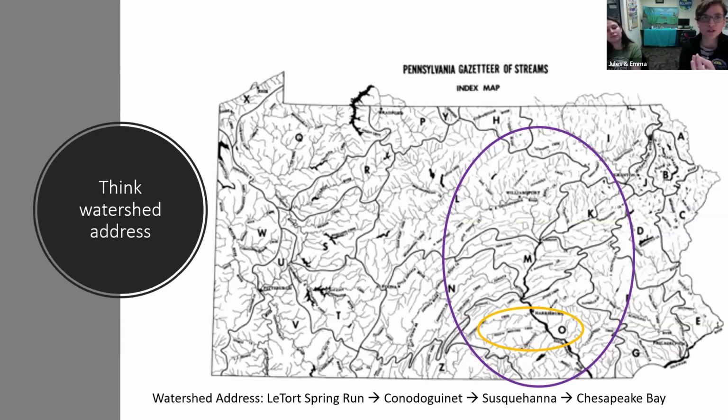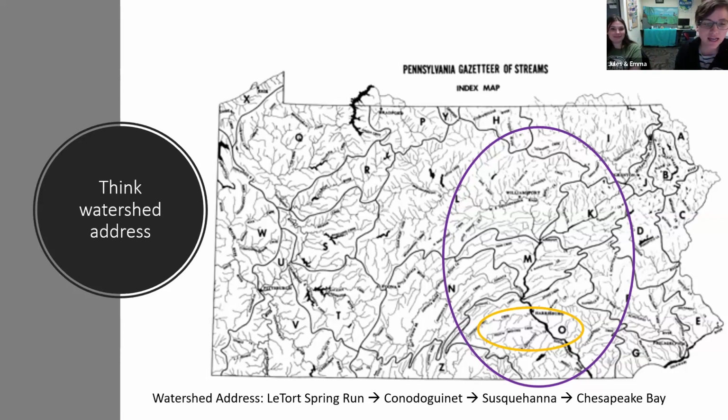So we don't have our Letort Spring Run monitors on, but if you were a Letort Spring Run monitor, you would go Susquehanna River, then Conowongo Creek, and then the Letort Spring Run. Or in the case of some other folks on the call, you would work that back based on your subwatershed. So think of your watershed address, and as you're flipping through the pages of the code, you'll find your stream eventually. And a little known fact: the number of deer creeks, fishing creeks, trout runs in the state, there's a lot of them. So you really do have to start with your major watershed and then your subwatershed. Just a little side point. One day I'm going to have someone research the number of fishing creeks and trout runs in the state.